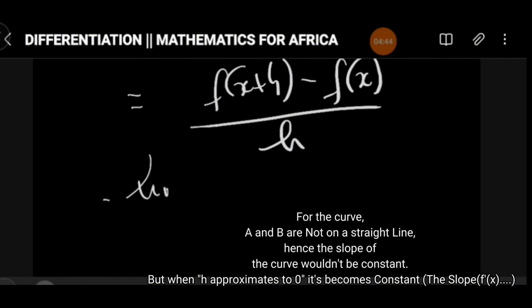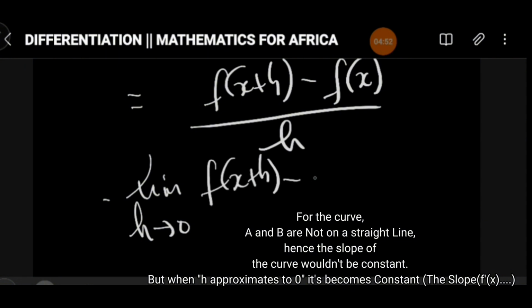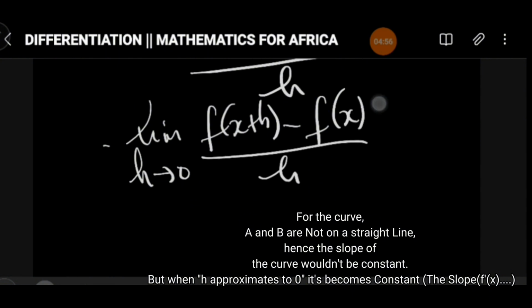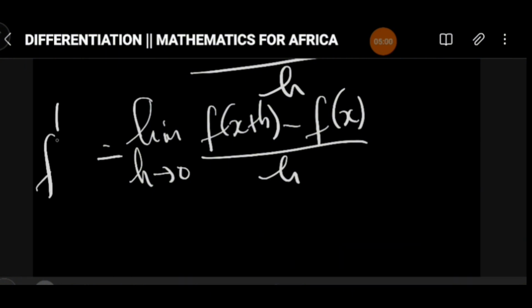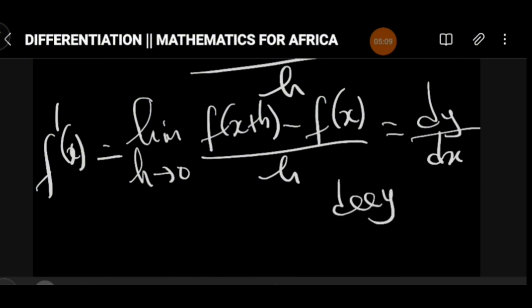So if we take the limit as h goes to 0 of f of x plus h minus f of x all on h, then we can now say that the slope will now be constant. And this is what mathematicians call f prime of x, or some people just call it dy on dx. Okay, now if you have this,